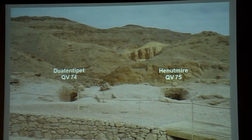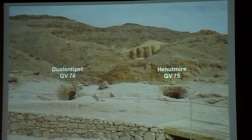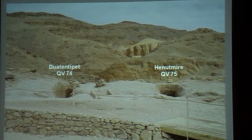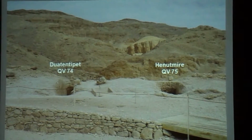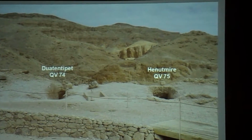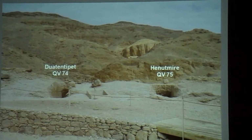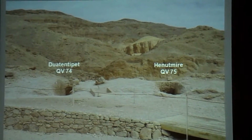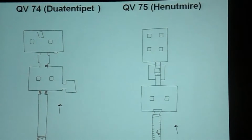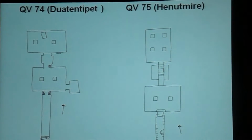The third subgroup includes QB74, the tomb later usurped by Duat-Antipet, and QB75, the tomb of Henut-Ra, a later born daughter of Ramses II and an unknown mother. The plans of both tombs are essentially smaller, simplified versions of those in the first subgroup, in other words, those of Tui and Nefertari. Each tomb possesses an antechamber with two piers, a short descending corridor, and a sarcophagus chamber